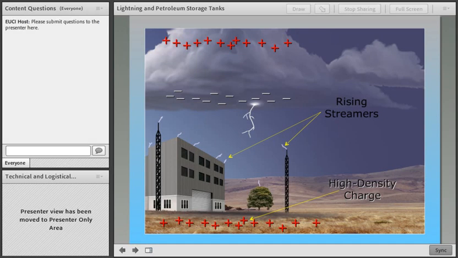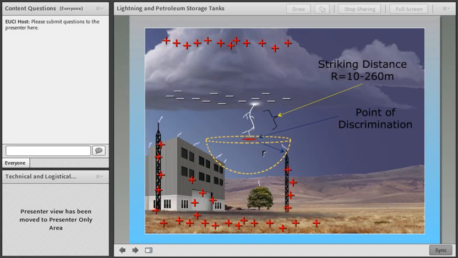When this downward leader gets to within a couple hundred meters of the Earth, what's called rising streamers or upward streamers are launched from grounded objects in order to intercept the downward leader. These rising streamers are launched at locations where the charge tends to concentrate, and this would be on the peaks or the corners of buildings, on pointed towers, perhaps out of trees and so forth. You will often have multiple upward streamers being launched in response to every downward leader.